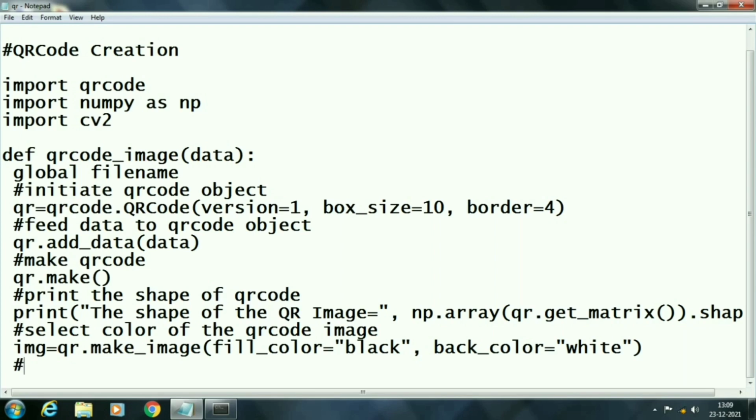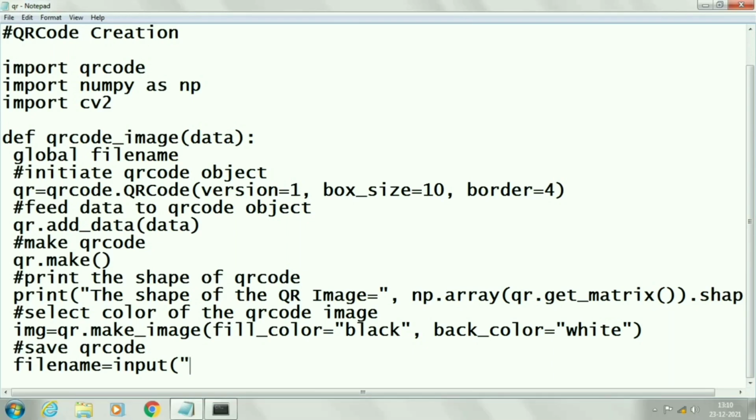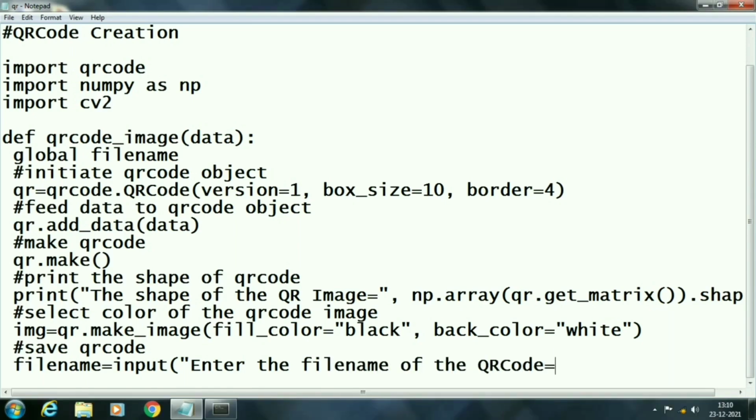Now we will save this QR image. Here I am not using any type of open dialog box or save dialog box. You can use the tkinter package for GUI. Here we are asking the file name from the user using the input function.